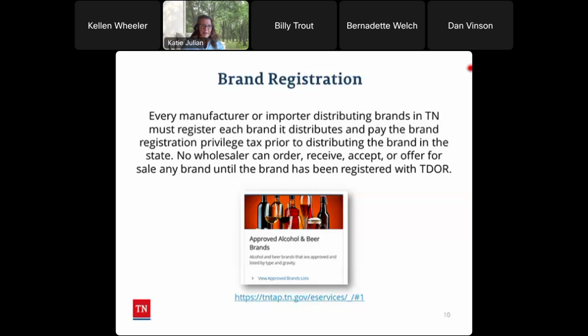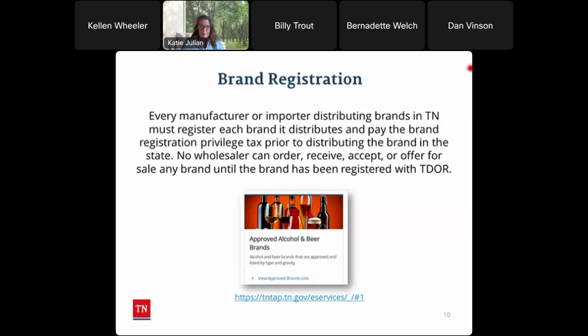You can see a link here over to a list that the Department of Revenue maintains of all active brand registrations. You can get there by our TNTAP homepage. One thing to note, if a product uses the same brand name on the COLA for individual varieties of the brand, the product may be registered as one brand with the varieties listed within that one brand.